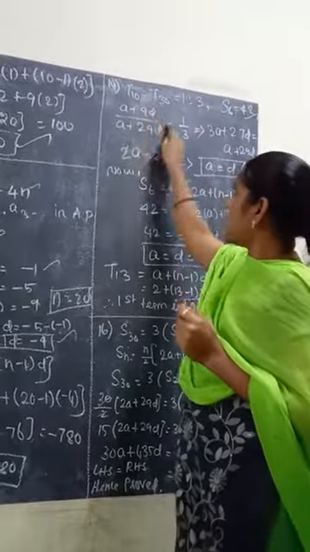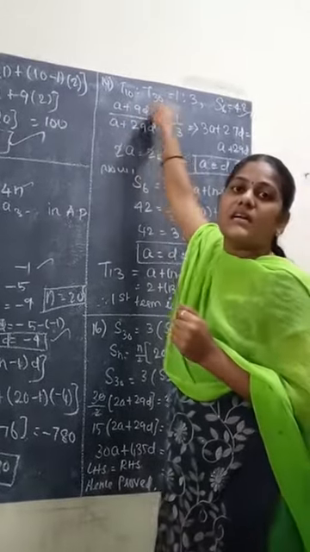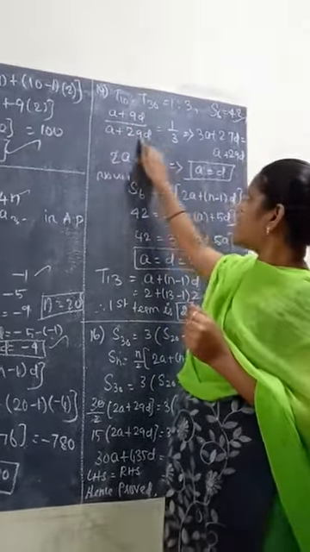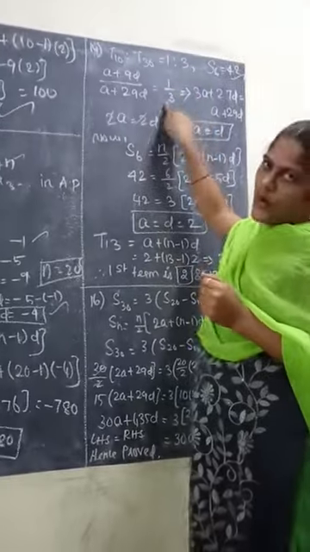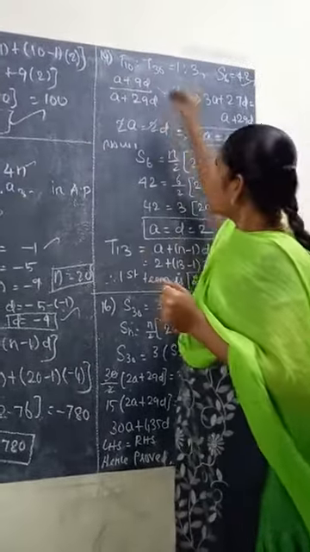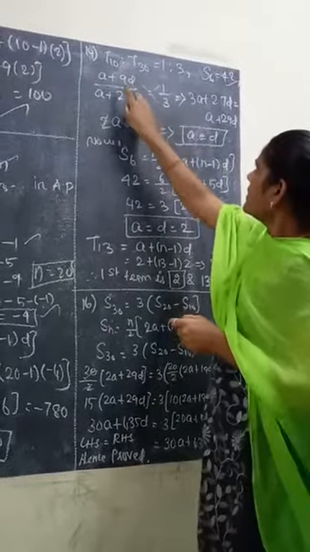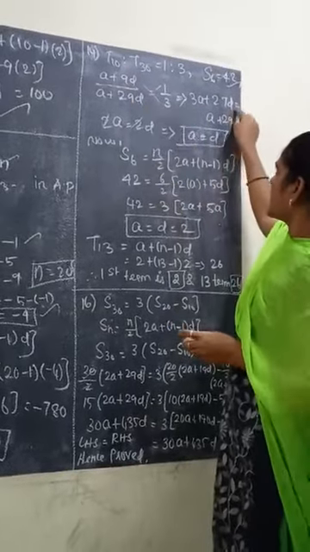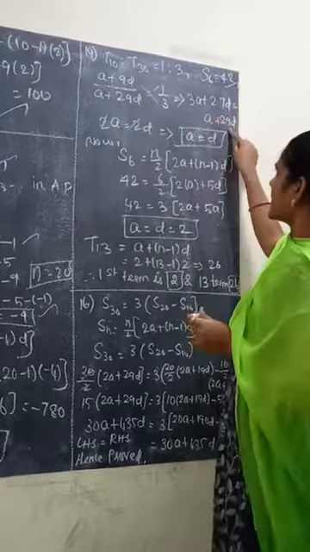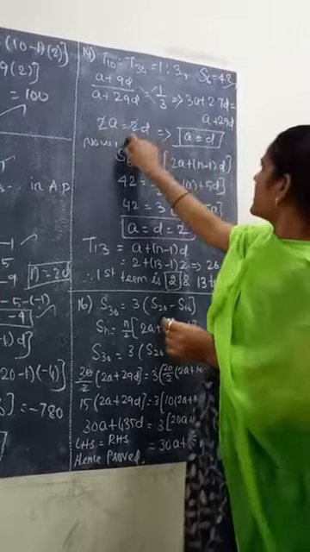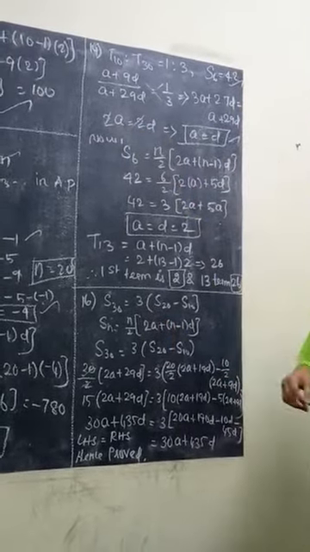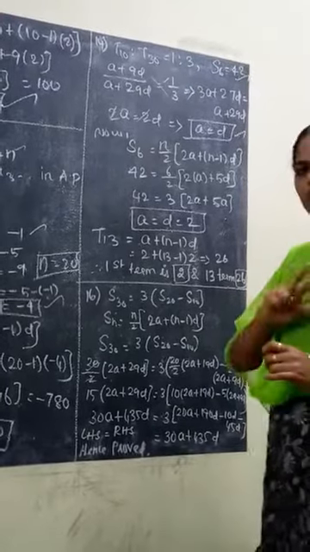(a + 90d)/(a + 30d) minus 1 equals 29. So (a + 21d)/(9d) equals 1/3. Do cross multiplication: 3 into a is 3a, plus 3 into 9 is 27d, equal to a plus 29d. So simplify this, you will be getting a is equal to d. So the a value and d value are equal.